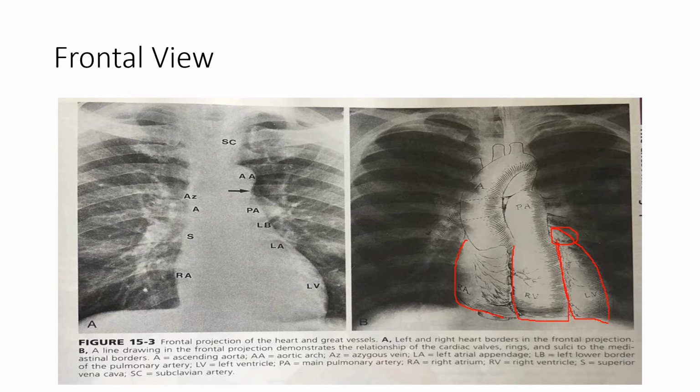Two main arteries are seen: the pulmonary artery, the main pulmonary artery, which can be made out on the left heart border, and the ascending aorta and the aortic arch with the aortic knuckle seen on the left heart border. All of these structures form 7 important contours. There are 3 on the right side and 4 on the left side.